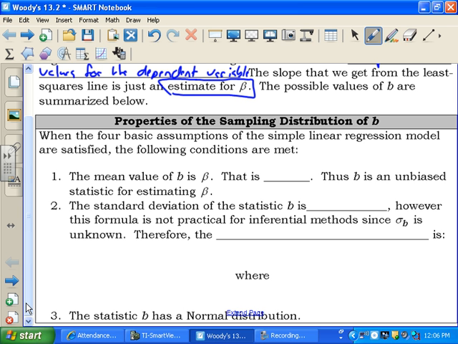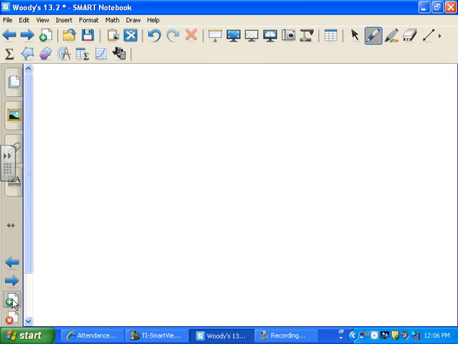The mean value of lowercase b is B. That means with repeated sampling. This linear regression model works just like all the other models that we've done in class. Just like as we sample for x bar, we use it to predict mu. Just like p hat, we sample to predict capital letter P. And what I said was, long ago in a galaxy far, far away, with repeated sampling,